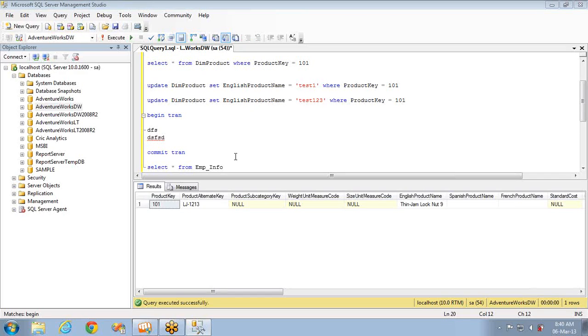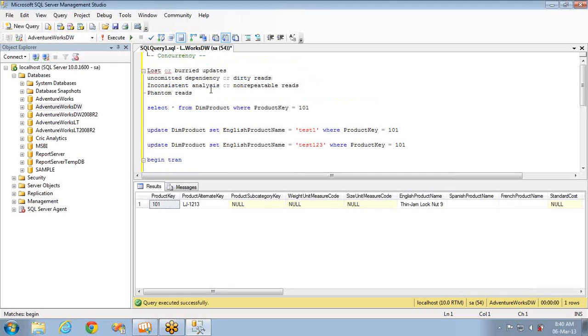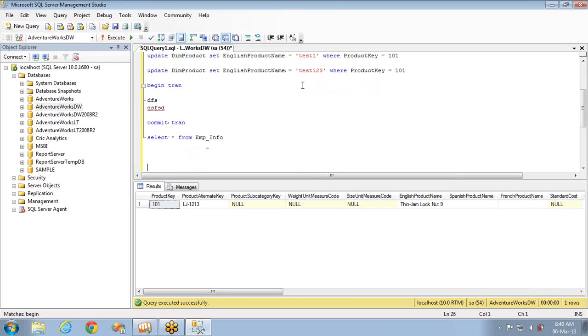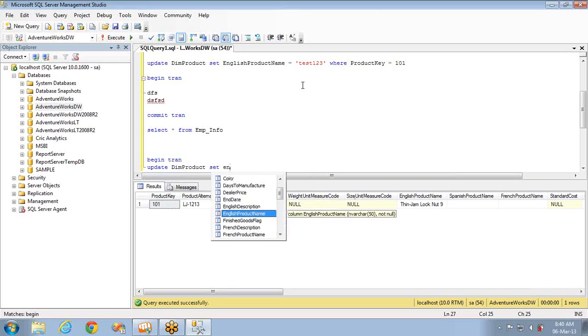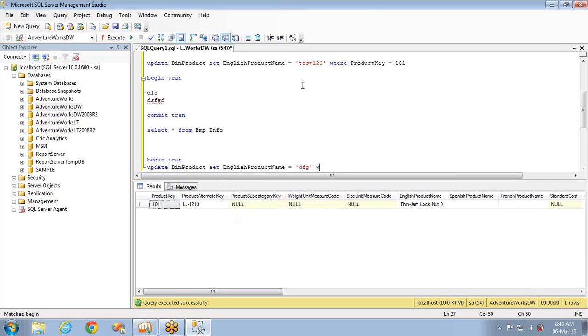Now let's see the third one: the inconsistent analysis or non-repeatable reads. What it means is, let's say I have a simple transaction, begin tran, and I'm updating a table: update dim product set English product name is equal to something where product key is equal to 101. Let's say I'm executing this query